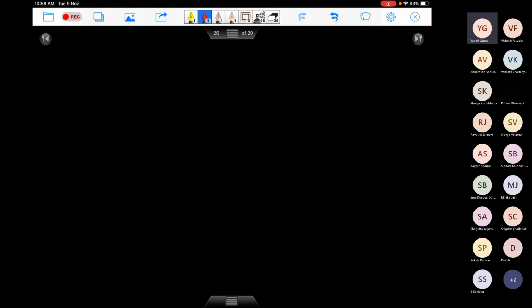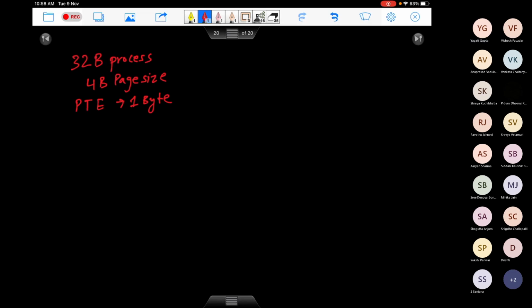Okay, so let's take an example for that. Let's say we have a 32 byte process, a 4 byte page size, and let's say your page table entry is 1 byte. Okay, what all can you tell me from here? So forget about the multi-level page table as of now.